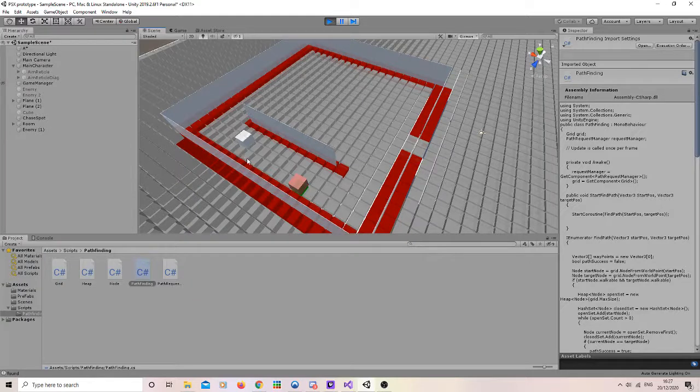This one wouldn't be closer than this one, so it wouldn't do it, and then this one would be getting further away. Once it's done that, it does the same thing again, checks down, down to the right, it's already checked left, so it doesn't need to do it again, and then finds that down would get it closest, down to the right would get it closer, but not as close as down, and so on and so forth until it's found the character. And it recalculates this every single time that it has not arrived at the player's last